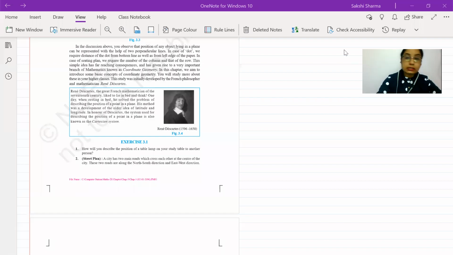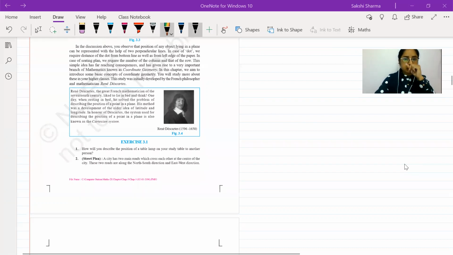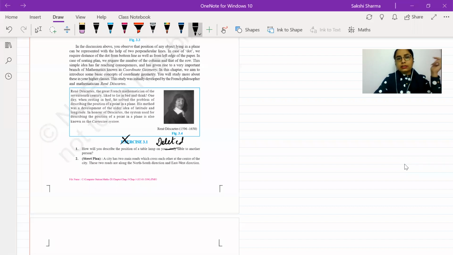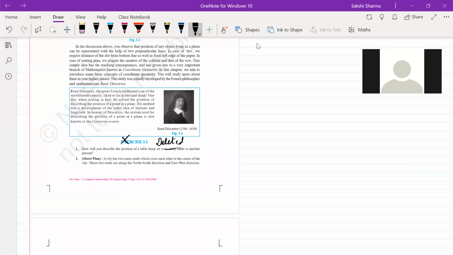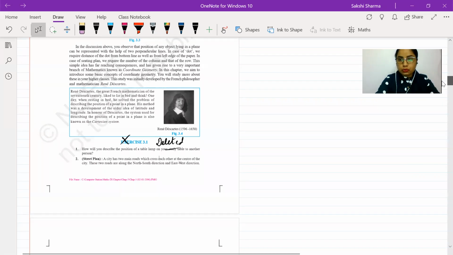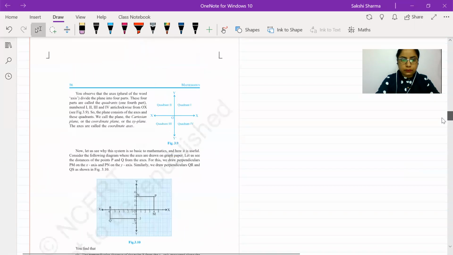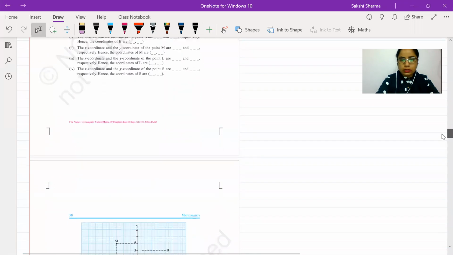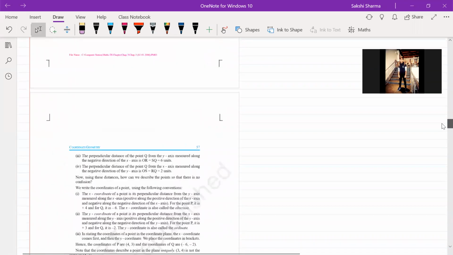We had started with this exercise, and I had discussed the definitions with you yesterday, the terms which we'll be using in this chapter. If you have taken a look at the syllabus, you would know exercise 3.1 is not in your syllabus, so you can just write that down. This one's deleted. This exercise we usually don't do. The next exercise is on page number 60, Exercise 3.2, which can actually be done directly on the book itself. If you want, you can write down the answers in your notebooks. That's completely fine.